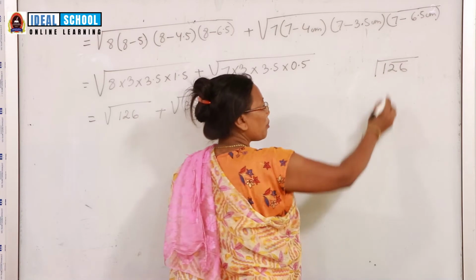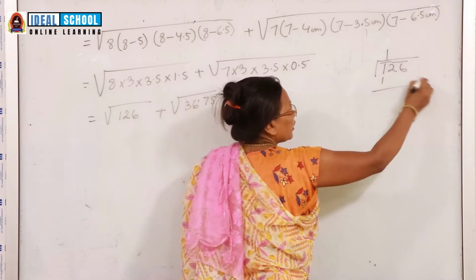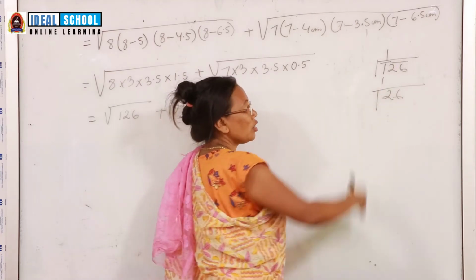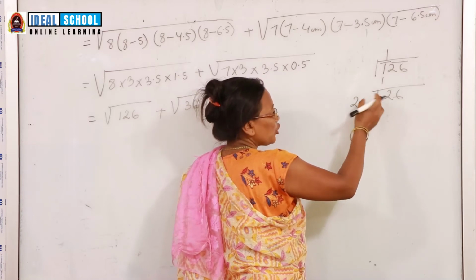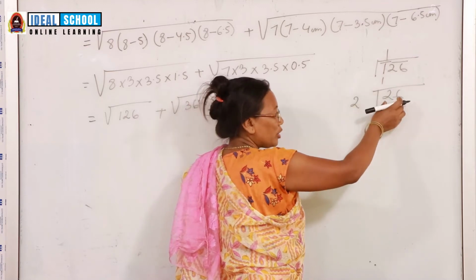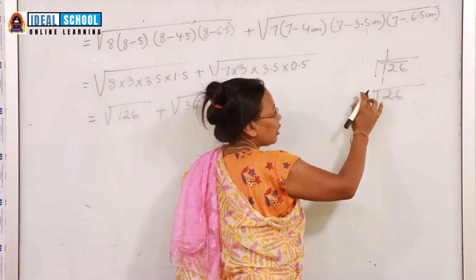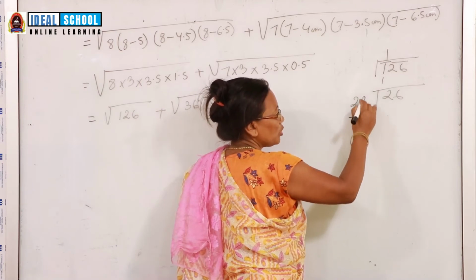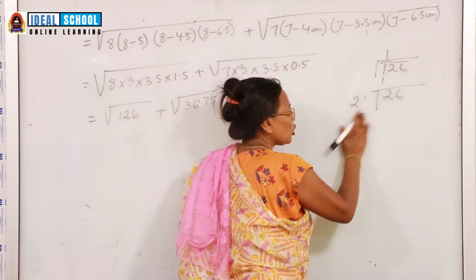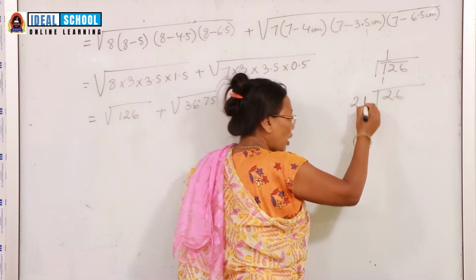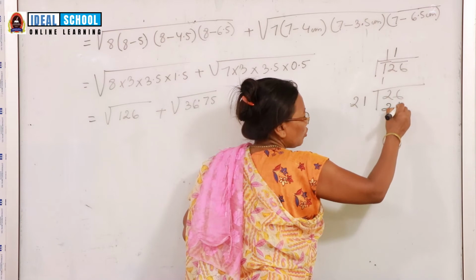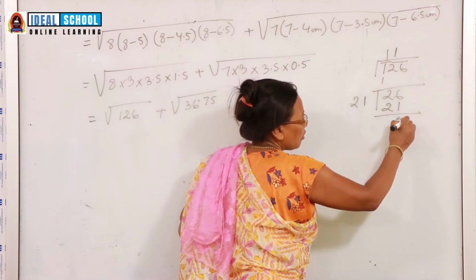From here we are going to draw the bar. Here 1 times 1 is 1. Then directly we take these two numbers. After that we multiply the quotient by 2. 2 times 1 is 2. Then we search for another number, less than or the same as this one. If we add 2 here, we multiply by 2. 2 times 2 is 4, 44 is greater than 26. That's why we will not be able to take 2. Therefore 1. Then 21, and when we subtract, it will be 5.